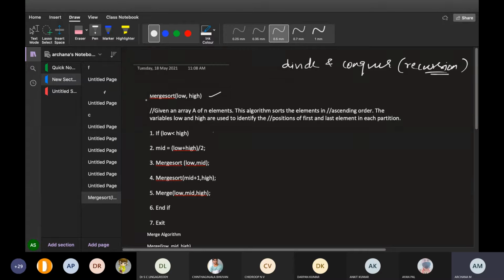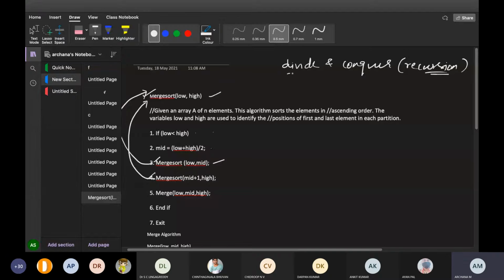Recursion is nothing but, look here, there is one algorithm given, and that algorithm will be called again and again. See the third sentence and fourth sentence. Can you see this? There is merge sort. Whenever this line is encountered, this call will be there, and as soon as this call happens, it will go back to this statement and the statements will be repeated. Again you look here, merge sort is there, it will go back again and the statements will be repeated. This type of call is known as a recursive call.